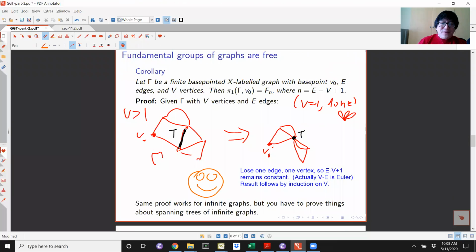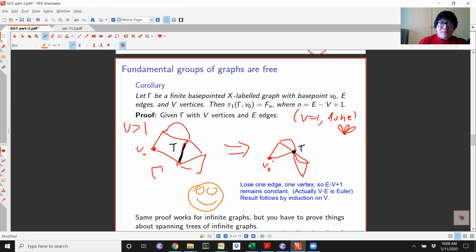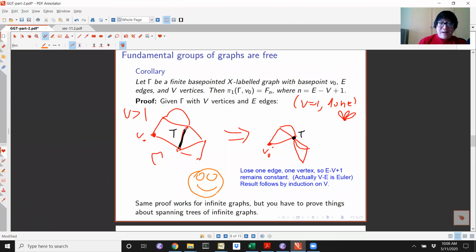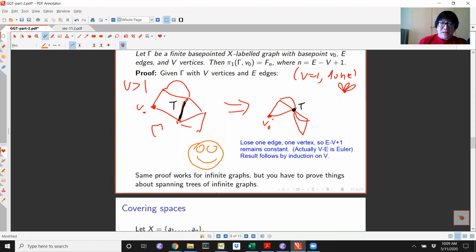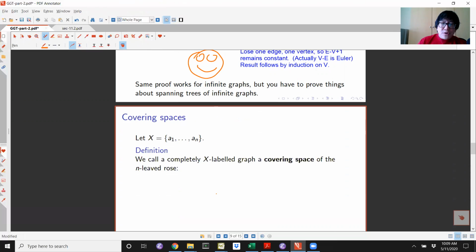Okay, so we're done, and let me note that the same is also true for infinite graphs, but you have to prove things about spanning trees of infinite graphs, and show that there is some tree that you can completely collapse to get a bunch of loops soldered together. Anyway,